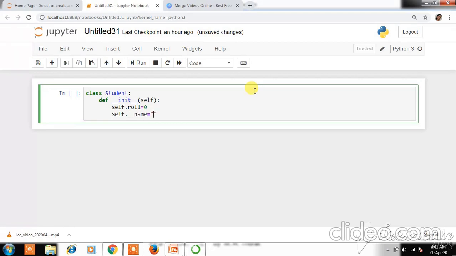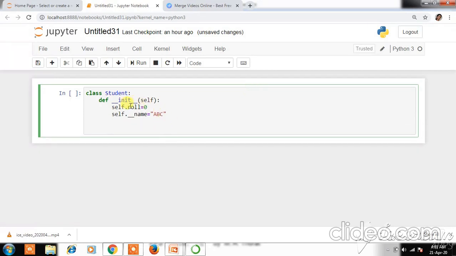Let's suppose we assign the value ABC. This is categorized as a public member and this as a private member. To access the public members, we can access them directly through the object name. Accessing public members is possible both inside and outside the class.